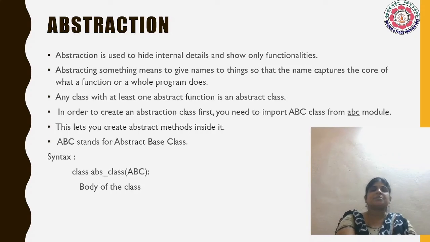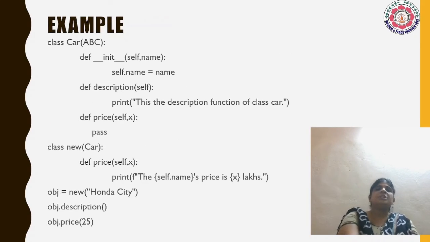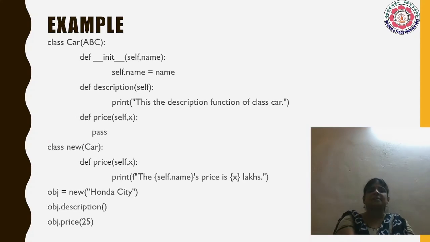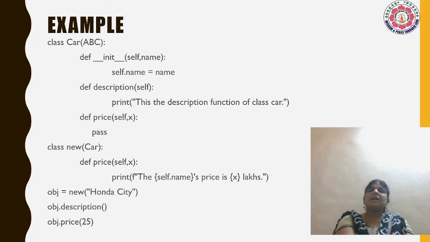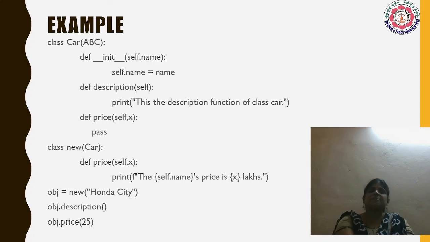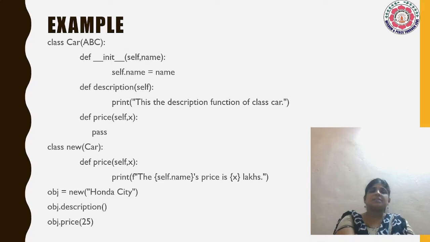You call a class abstract class and then the body of the class. ABC stands for abstract base class. If you can see in this example, the same class we are using, and it is an abstract base class, and we have the init method, we have the self, and we have the description, or everything seen in the previous examples. Along with the description, we are including the price also. So what do I do when I create an object? I just give the name, and then the description would come, and the price is printed.